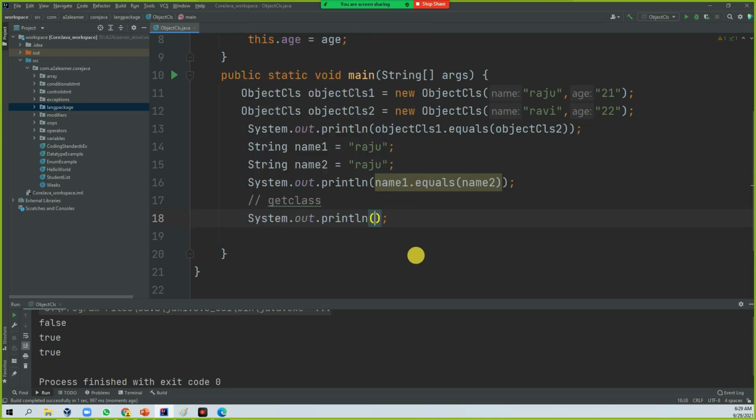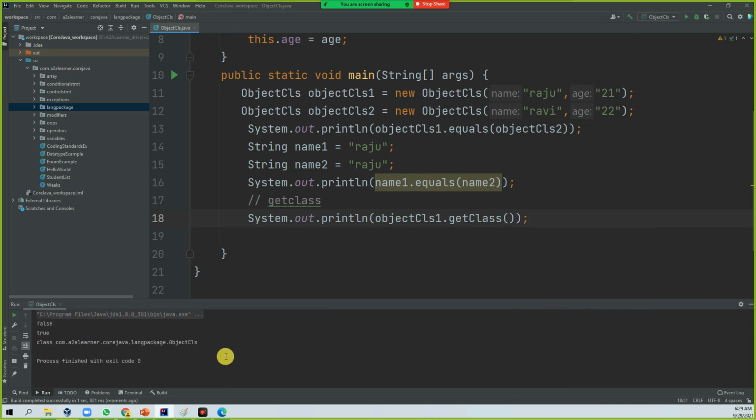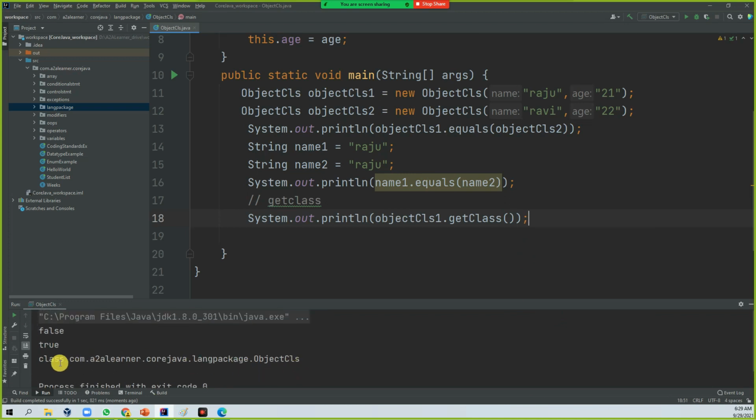You can use it directly, like object class dot getClass, and it will give you the class name, whatever class you are using. See here, it's the complete package and class name. This is the package followed by your class name. So when object one is used, this class name information is displayed. That is getClass.